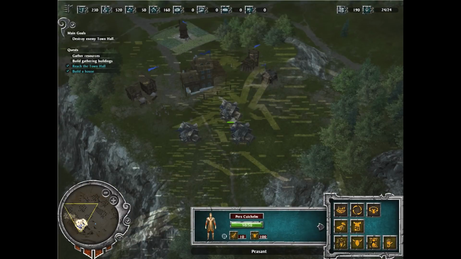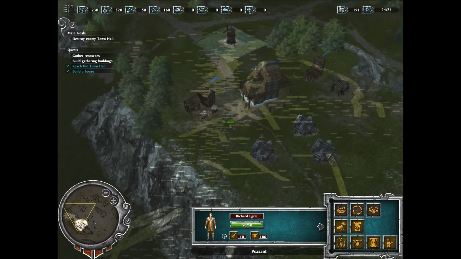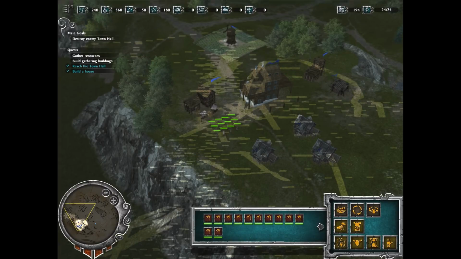Let's find our idle peasants. Oh, I'd like you all to go to the town hall, please. It'll just make it a little easier if you're not doing anything. I think that just gathers the ones who don't have a job. Oh, we have quite a lot of unemployed people. Stone pit. I thought I built a stone pit, but...